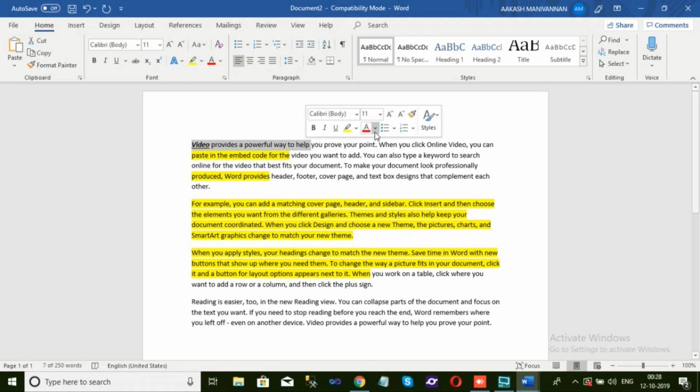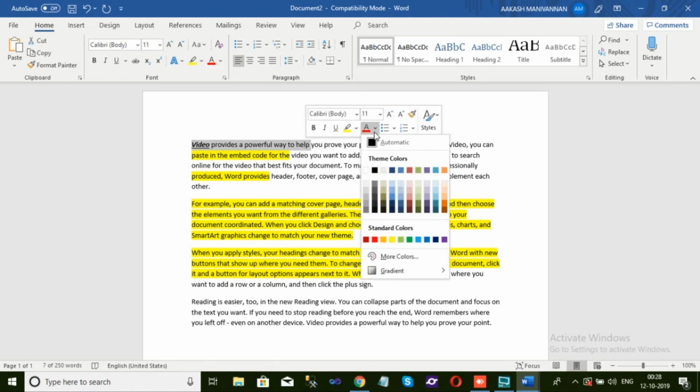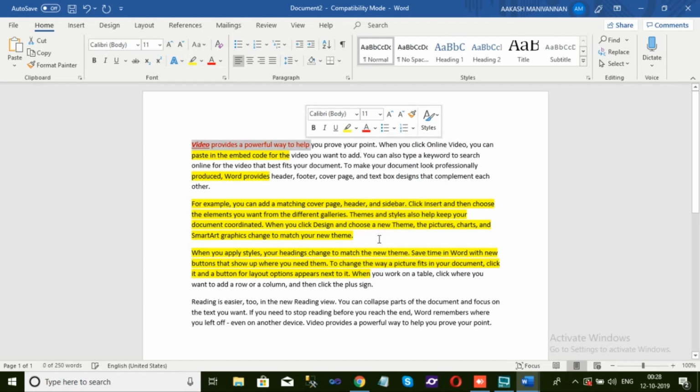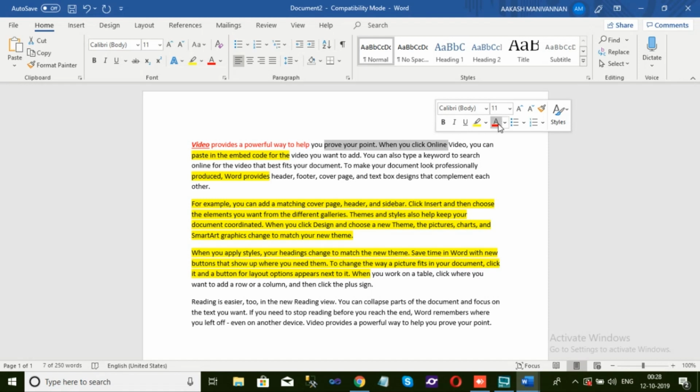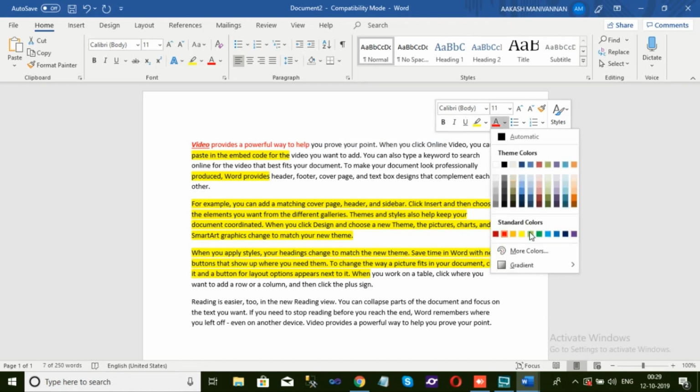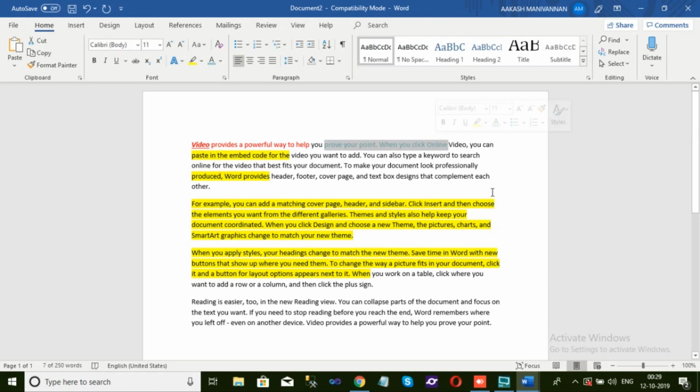Yeah, so if you can see here, this is actually the font color of the word. So this automatically turns into black, but if you want to change something into red or yellow or orange, you can do whatever you want. So I'm just selecting red, and you can see here this has been changed into red. So this is actually present here also. You can use this, or if you highlight something here, it will automatically pop up here, right? So this font color can be changed to whatever color you want. Yes, so it gets changed. And the next thing is,